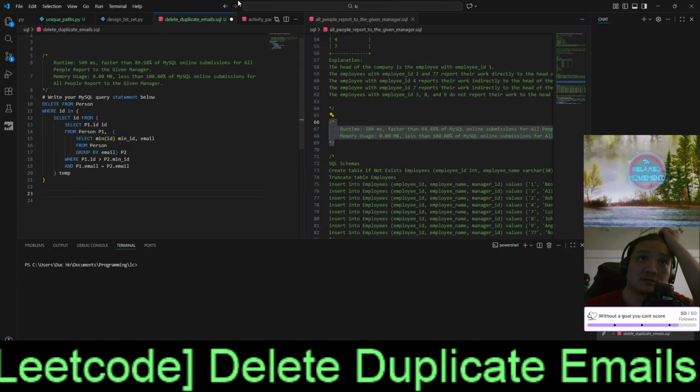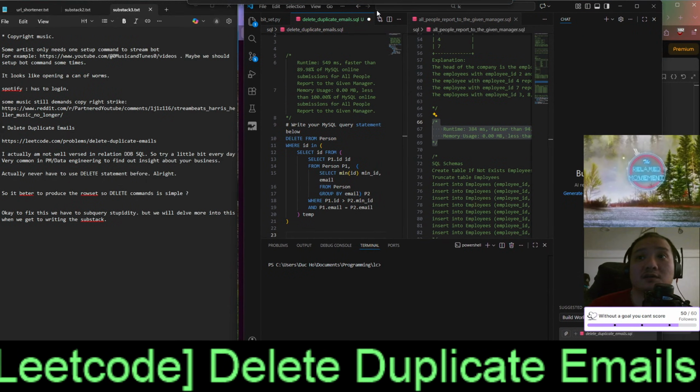Okay. So we gotta write a note here. What happened with memory usage report on LeetCode?